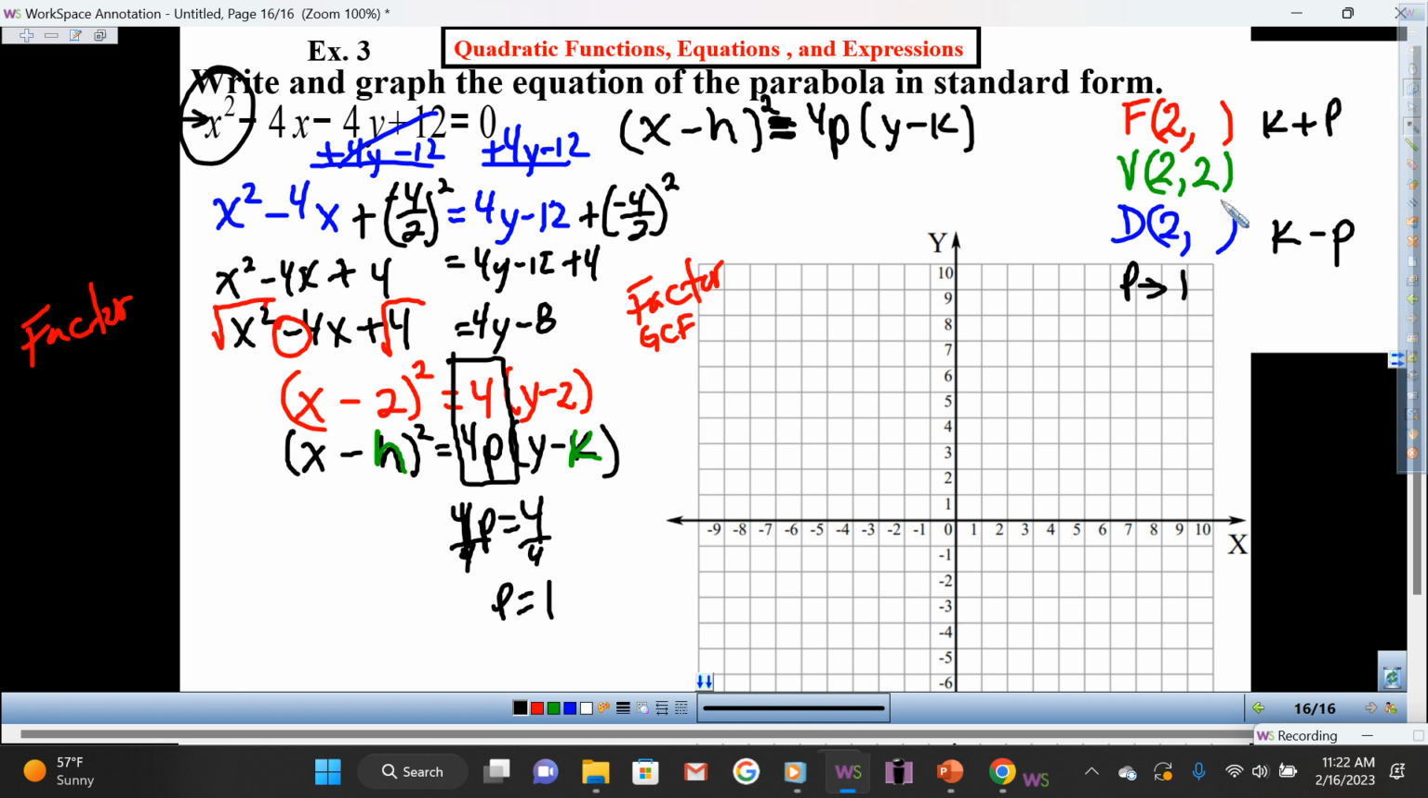So with that information, here we go. What is K, everyone? K is 2, and P is 1, so 2 plus 1 is 3. How about here? 2 minus 1 is 1. And now we can graph our parabola. Here we go. The focus is (2, 3). Vertex (2, 2). Directrix y equals 1. And our parabola